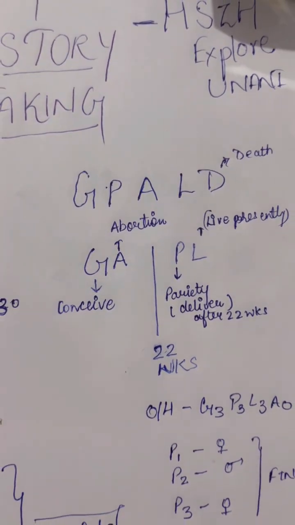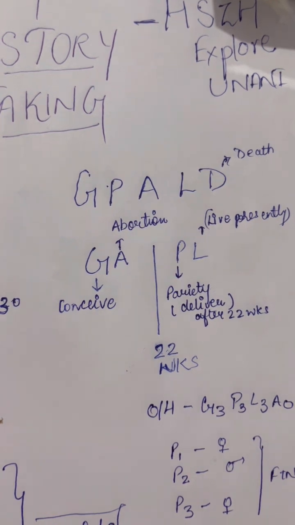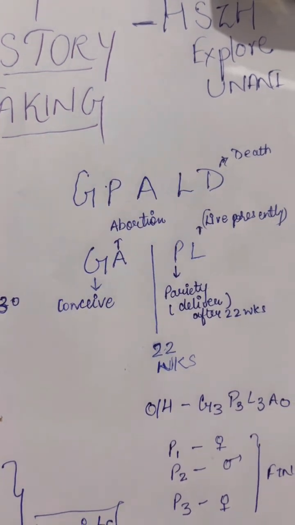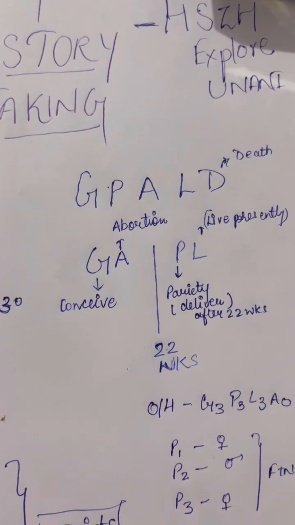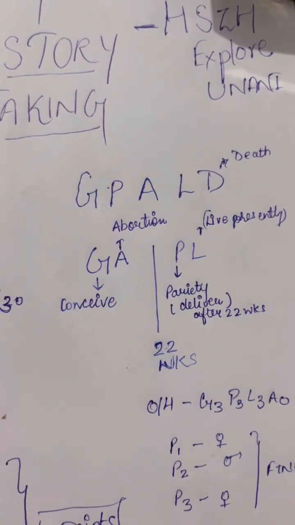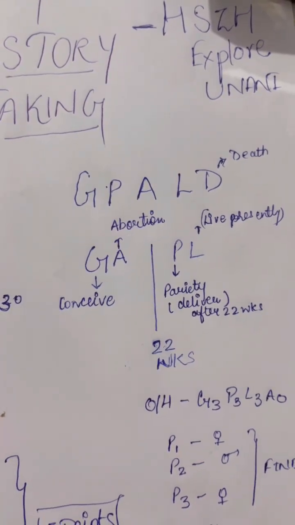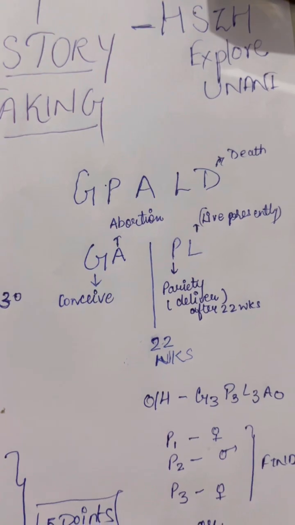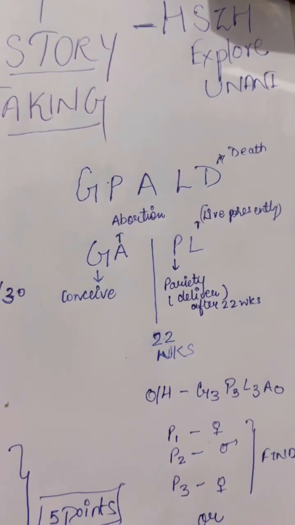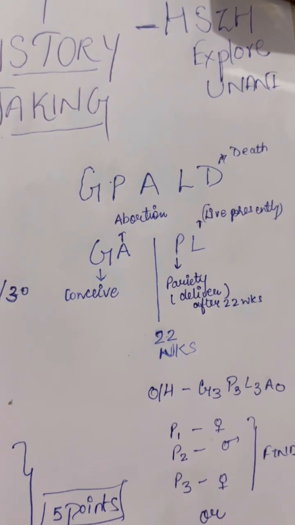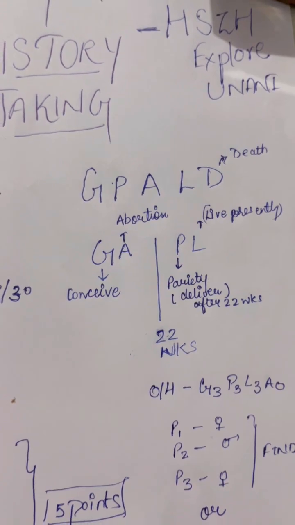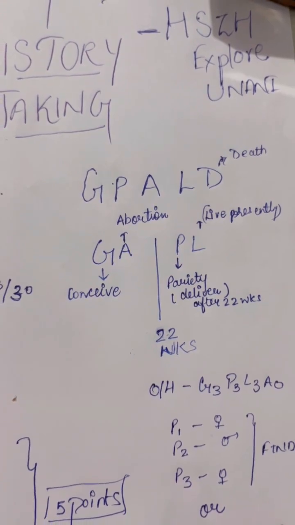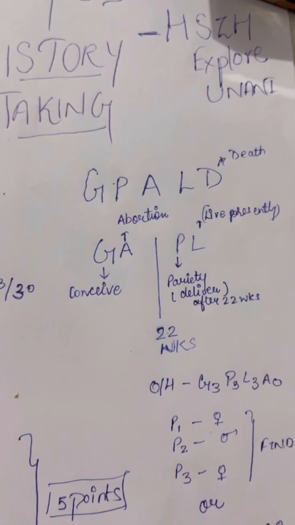Any relevant history related to operations, such as hysterectomy: if she had a hysterectomy, we have to write down that she had the hysterectomy 2 years back. So we have to write down all the relevant points and ask the patient all the history about the previous cesarean, the indication, and all the things. So we have to write it down like that.